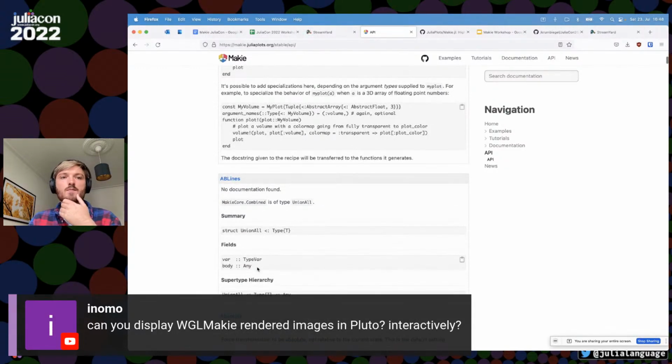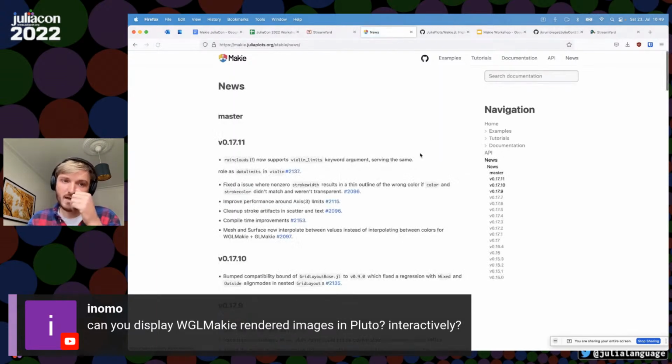So you can get the same thing by just going into the normal REPL help mode in Julia. There's more here for completeness' sake. And then there's the news page, which, if you followed Makie for a bit, I think in recent times we